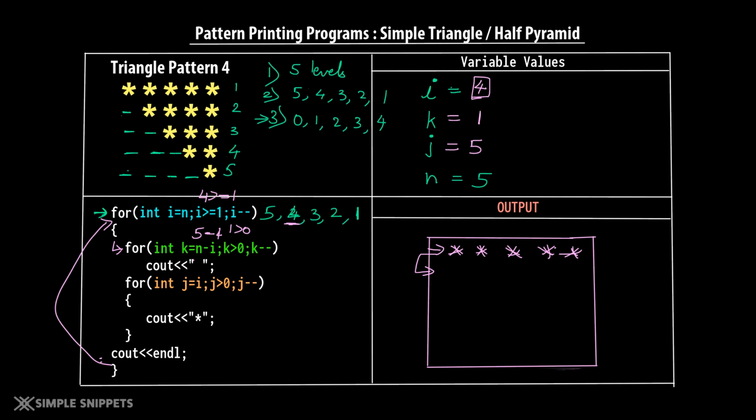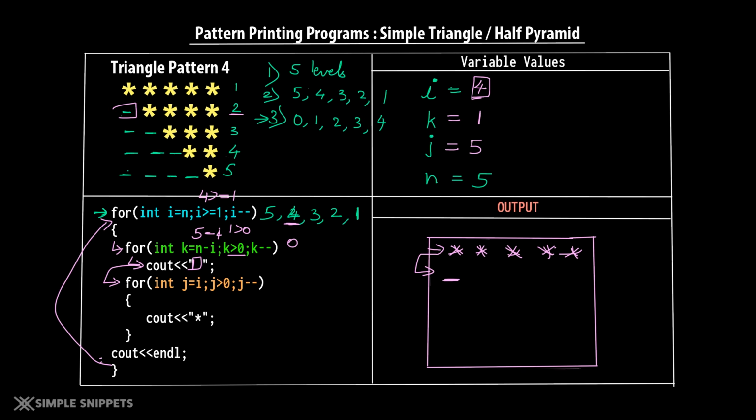So see out this space. So one space is going to be printed first. Then k minus minus, which means k will become 0. And of course 0 is not greater than 0, right? So this for loop will exit. So we have only one statement inside this for loop, which is cout. And when one space is printed, you'll exit from this and go to the next for loop. So you can see for the second level, we want only one space which is printed over here.